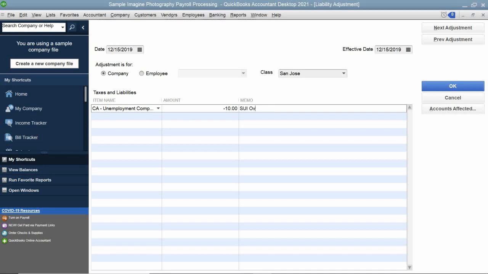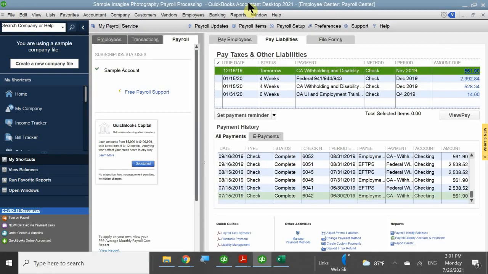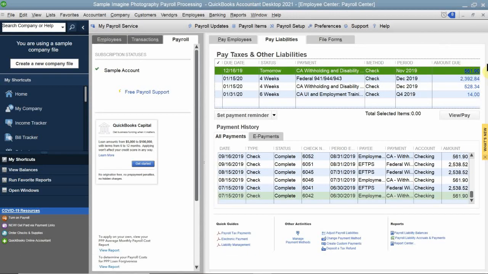SUI overstatement. Okay. Once everything looks good, we could go ahead and click OK. Now, in this case, I don't know what my original amount for my California